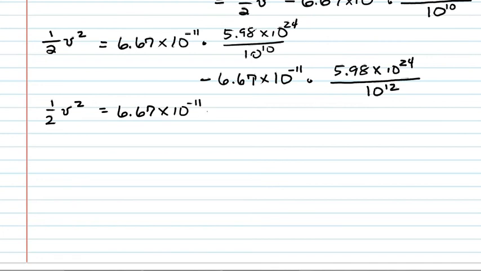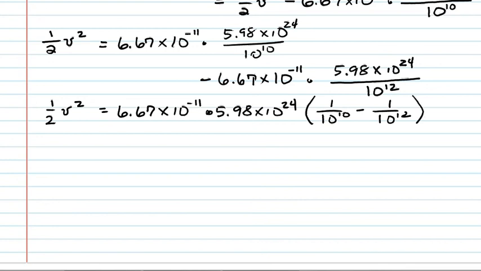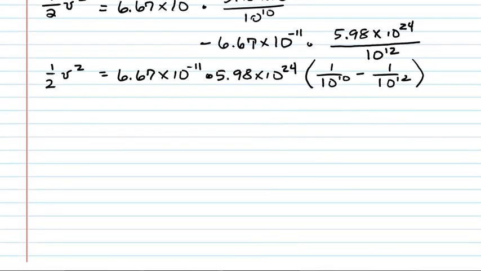The 5.98 times 10 to the 24 will factor out, and we're left with 1 divided by 10 to the 10 minus 1 divided by 10 to the 12. So the expression's still a little bit ugly looking, but maybe easier to deal with now. For solving for the v,